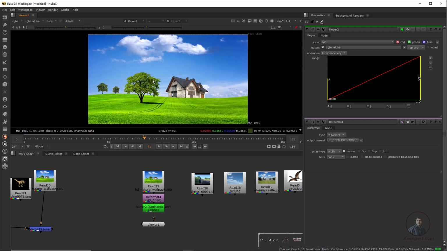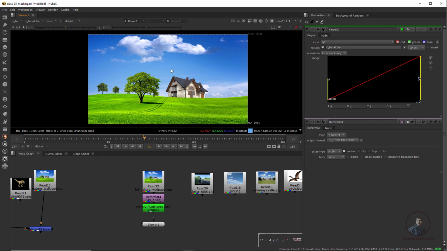Now press A again, so we are back inside the RGB mode. For creating a matte, first we have to check the channels, maybe RGB, channel-wise. In which channel we get separation between black and white, that channel we will use in these operations. So first we will check inside this viewer, in which channel we get black and white separation.